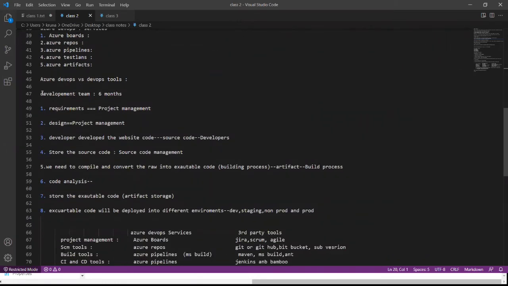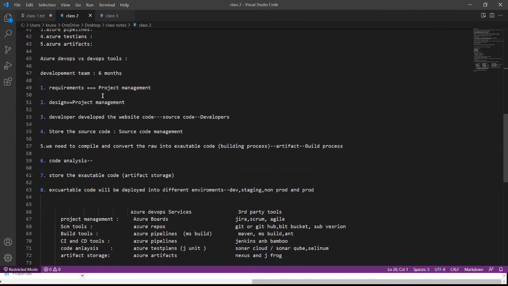And as I told you earlier, in Azure DevOps and the Azure DevOps tools, whatever our requirement is, we use that in our project management. As I told you, project management. What is a project management tool? Anyone remember? Today only I told you. Anyone? Tell me the project management tool. Jira, of Microsoft, Azure Boards. Azure Boards. Jira, again, one left.